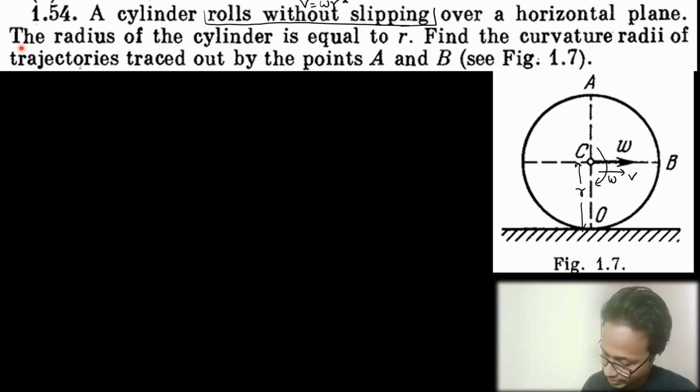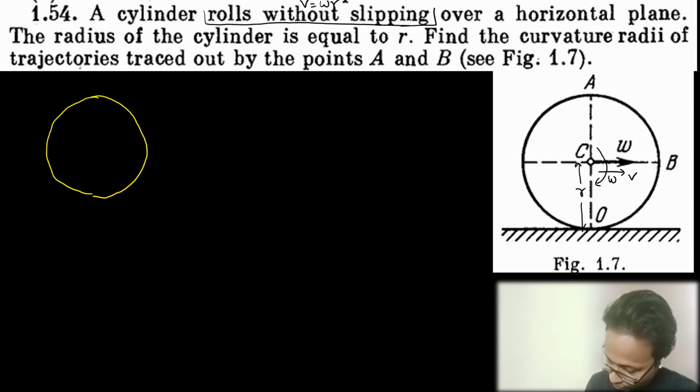Over a horizontal plane, the radius of the cylinder is equal to r. That means this radius is equal to r. Find the radius of curvature of the trajectory of the path traced out by point A and point B. So what the question is saying is, when this wheel rolls over a surface,